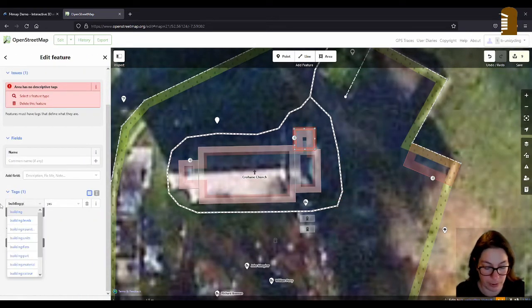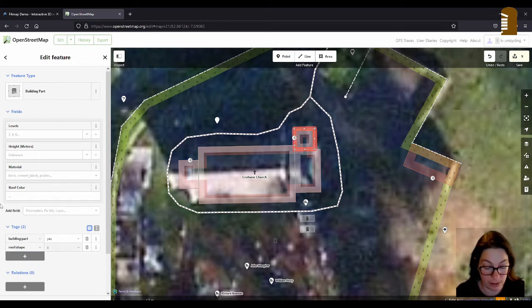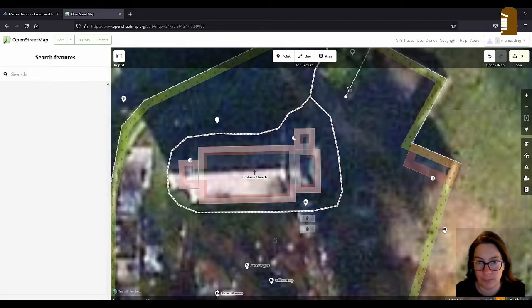Building part, and the usual tags for the roof. The roof shape is not gabled, it's called skillion. That's when it just slopes down on one side, and I might have to add the direction, which is a bit, well, it's actually, so it goes down that way,